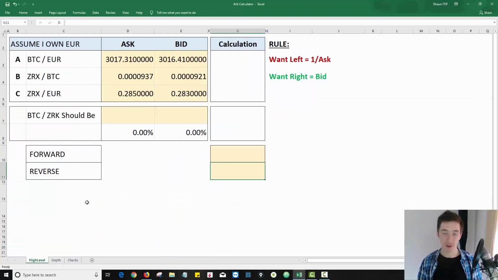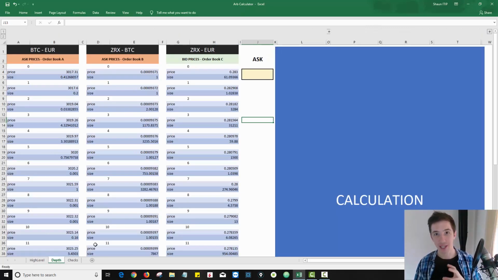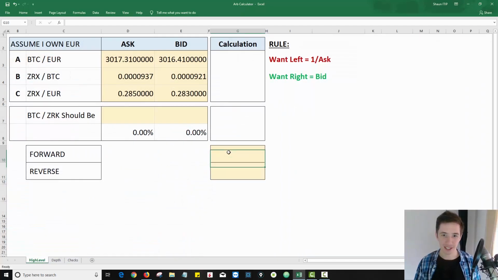So from previous videos, you will be familiar with this approach and tool here on how to identify whether there's an arbitrage opportunity to go and explore. And then we're going to use that to go into the depth of the order book to calculate that arbitrage opportunity. So the first thing here, let's just remind ourselves very quickly,